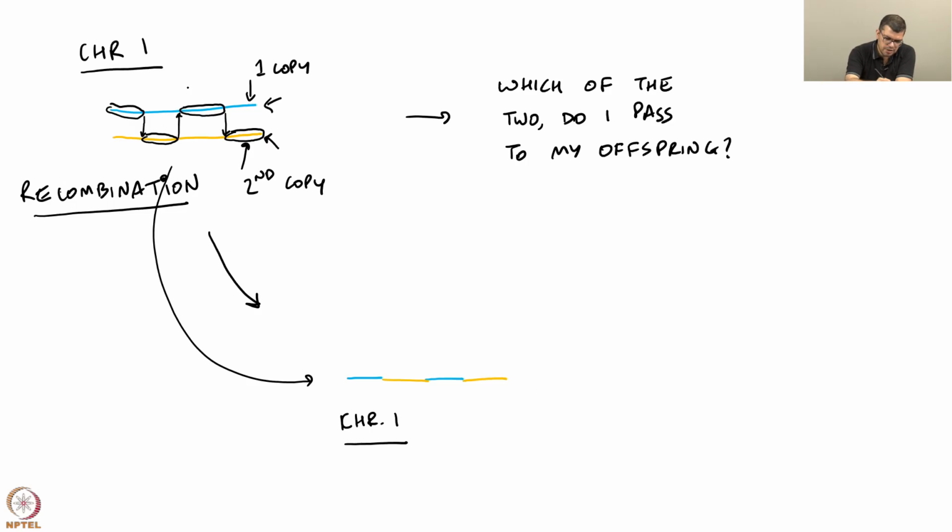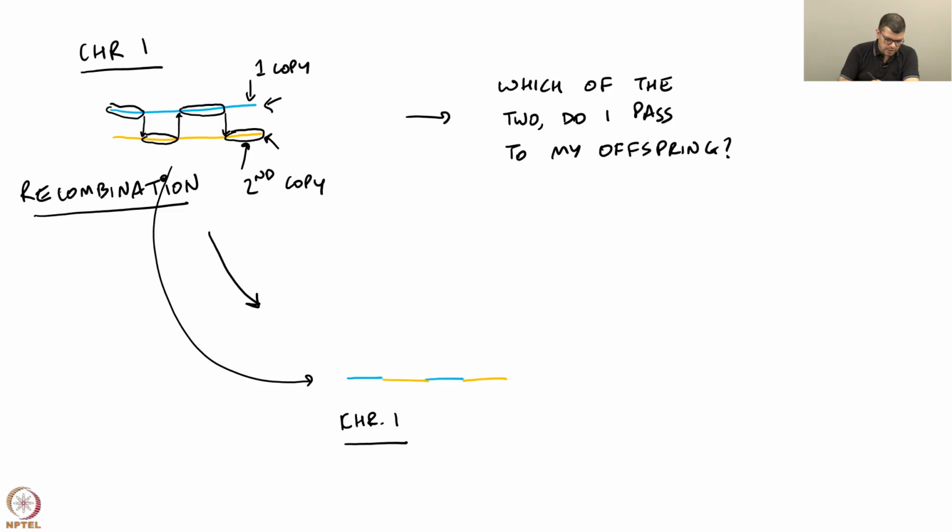These switches happen at least 3 or 4 times on every chromosome. On an average they happen 3 or 4 times and create this. Their exact locations are statistical properties. There are no exact locations, but statistically we know that these regions have higher chance of crossover from one to the other than other regions in the chromosome.